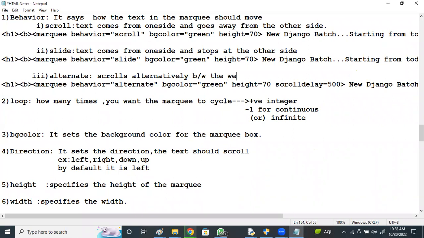It scrolls alternately between the web page, right?